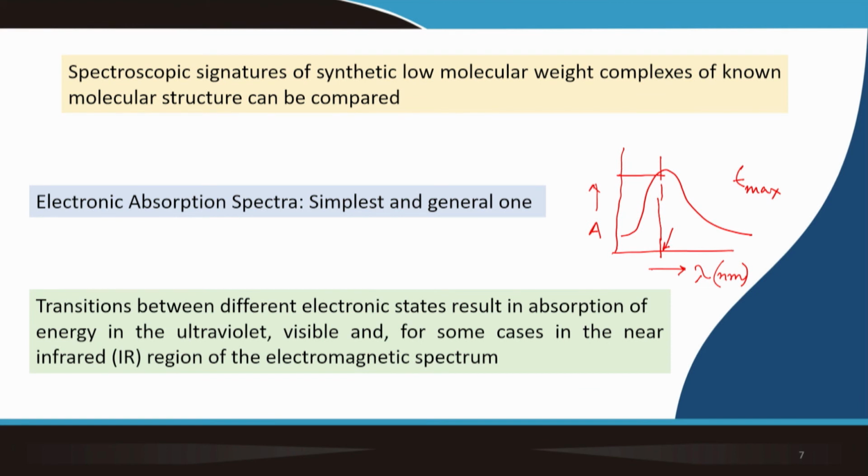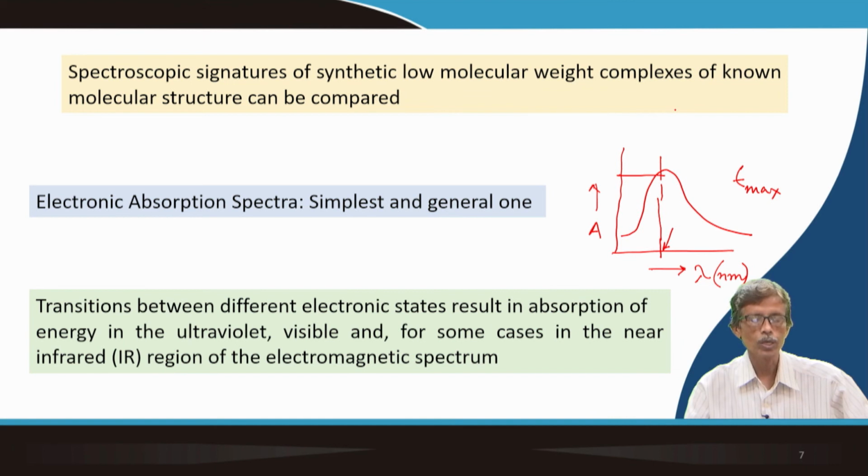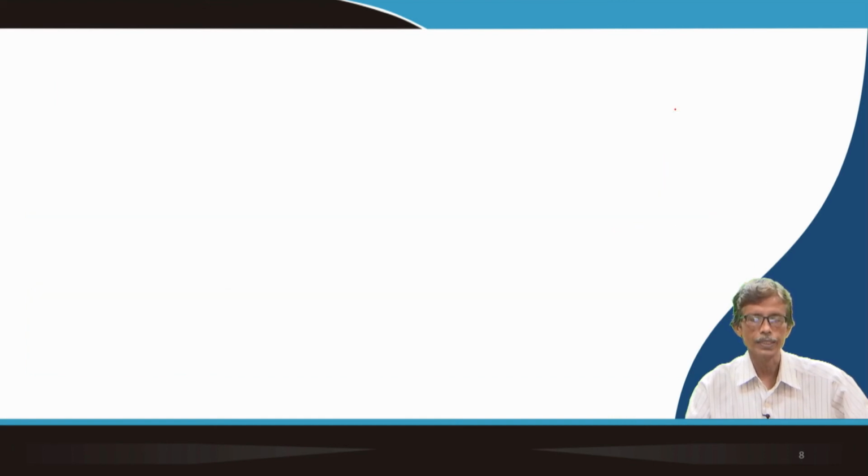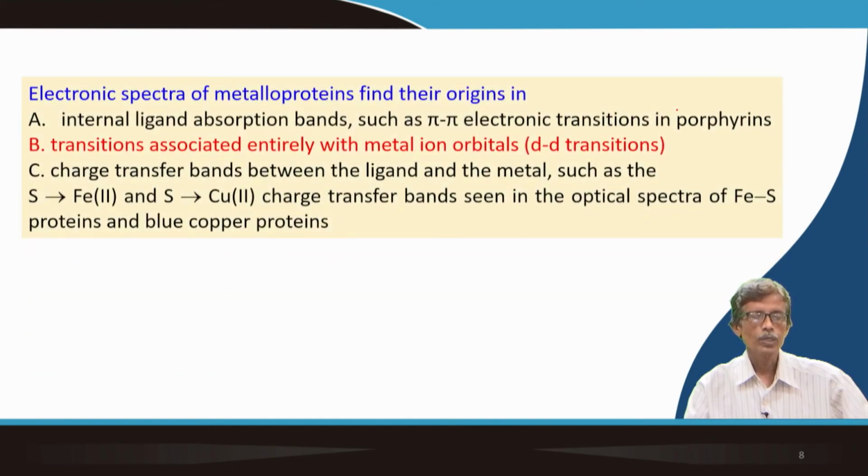So, the absorption for this particular peak is important, and that can span from the ultraviolet-visible to the NIR or IR region. So, this electronic absorption spectra basically gives us information for all the metalloproteins, and one after another will come whenever we find typical examples, because you can have absorption bands for pi type transitions, then you have d-d transitions because of the two levels based on the iron centers also, and sometimes